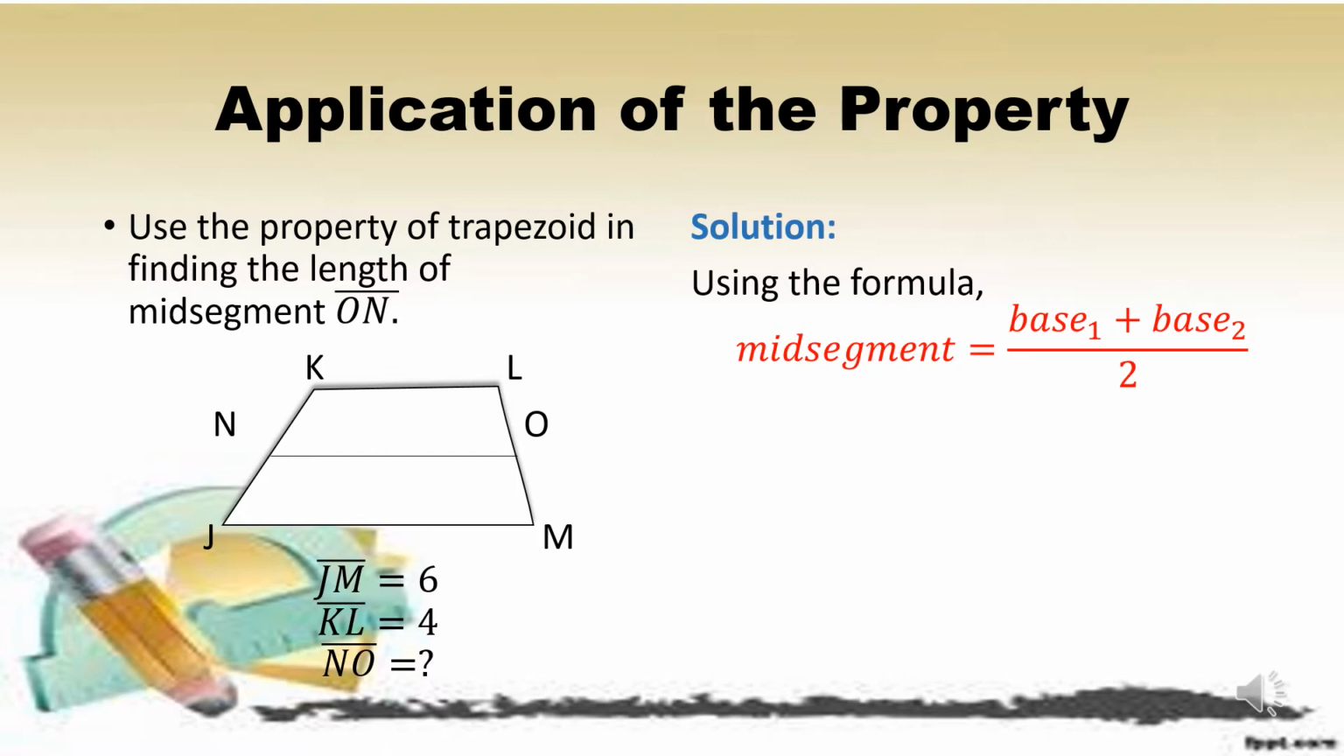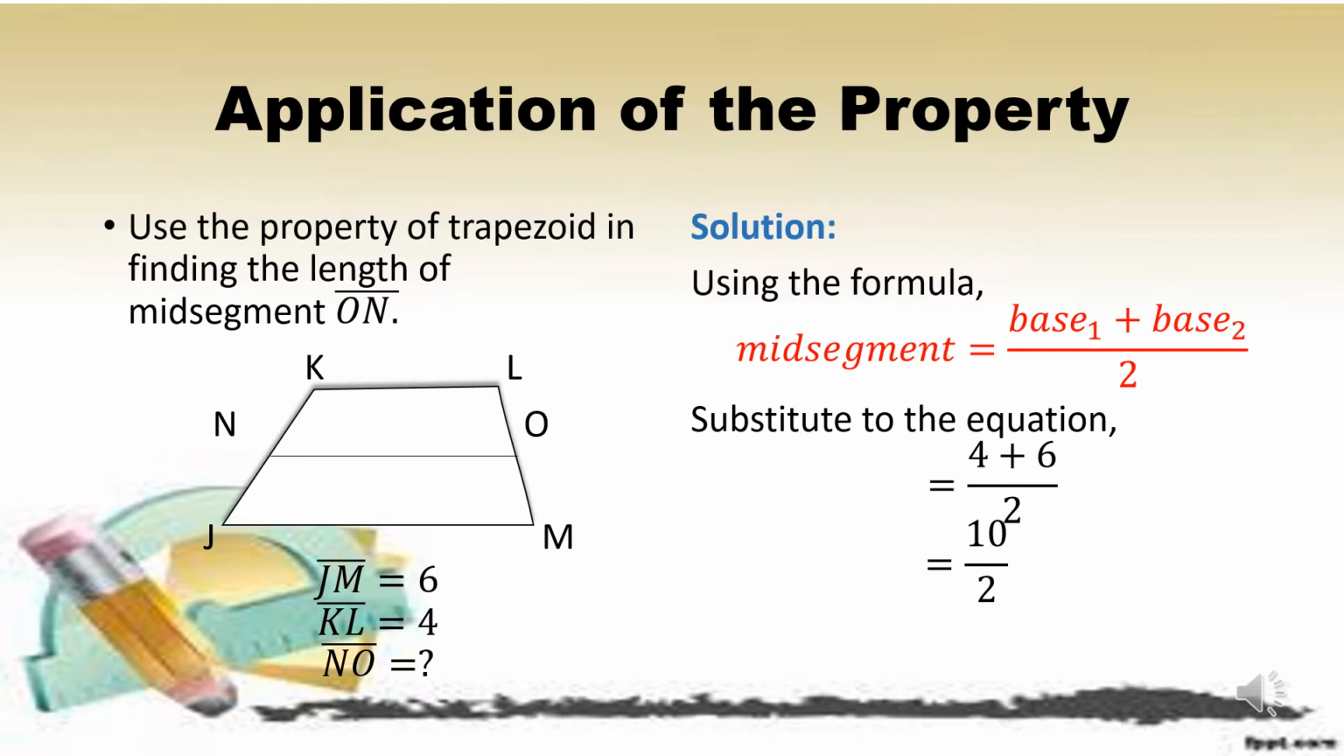So all we have to do is substitute the values to the equation. Base sub 1 is equal to 4, base sub 2 is equal to 6, so that gives us 4 plus 6 over 2, and that is 10 over 2. So the mid-segment is equal to 5 units. Therefore,